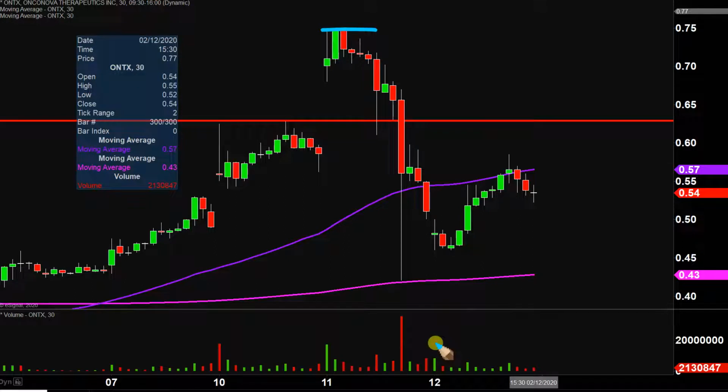In fact, even when you include from where they were yesterday, right there, price made a good effort, but once again put in a lower high before starting to push its way back downwards. Now, does this all mean that the party's over and this thing's headed back to 20 cents? I'm not saying that. I'm just saying that the chart is not looking nearly as good as